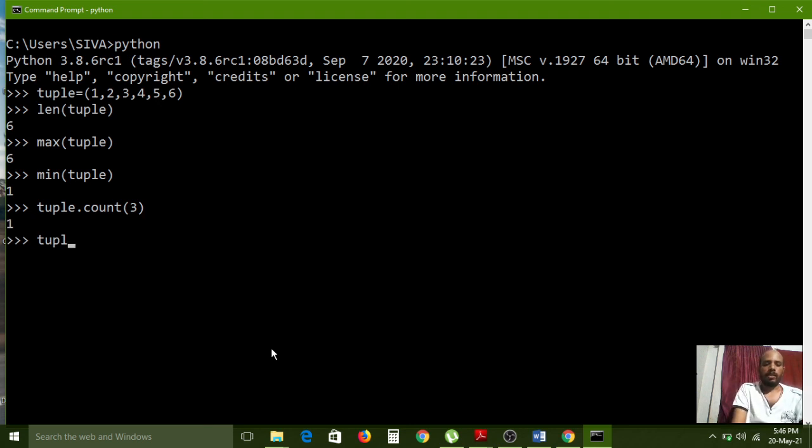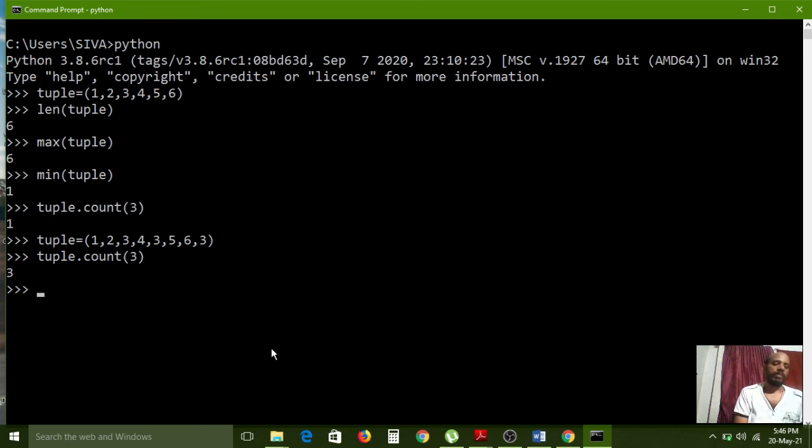Now I am changing the tuple value to 1, 2, 3, 4, 3, 5, 6, 3. So 3 has repeated 3 times. Now I am checking again, tuple dot count of 3. So 3 it will return. That means 3 times it is repeated in the tuple. That is the value of count.